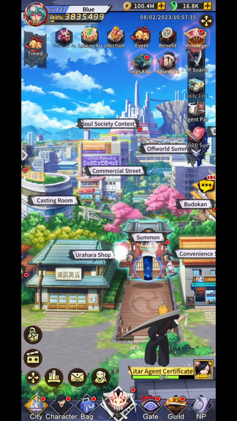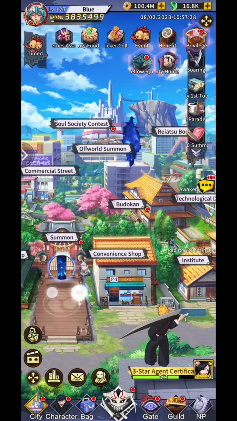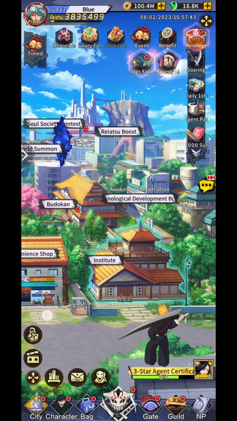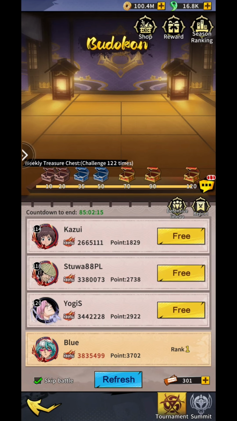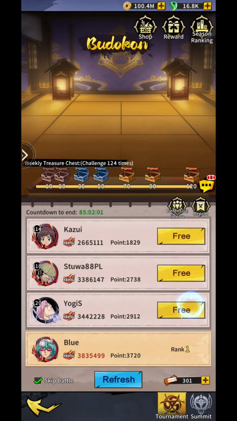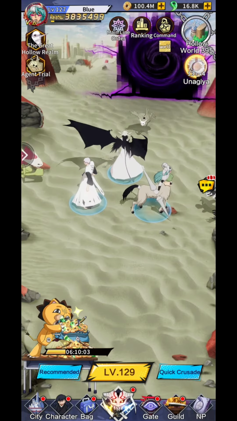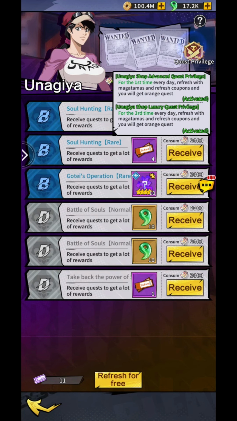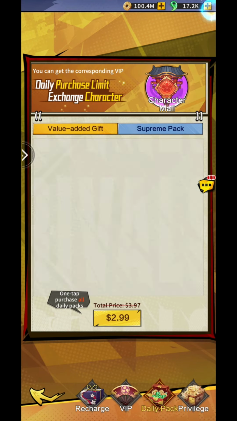Shiny coupons, yeah. I think I already told most about the shop stuff in my shop video. So on Budokan, I'd say go always for all 120, at latest maybe on the last day. You don't need to do what I did, because technically I get 3 free fights every single day, so it's not that bad. Another tip is to Unagiya, just quest privileges, just buy the